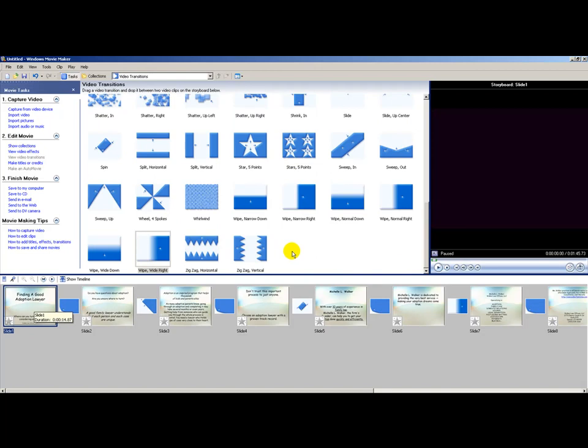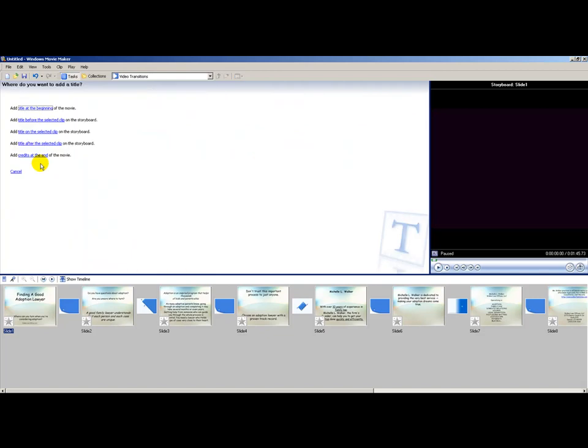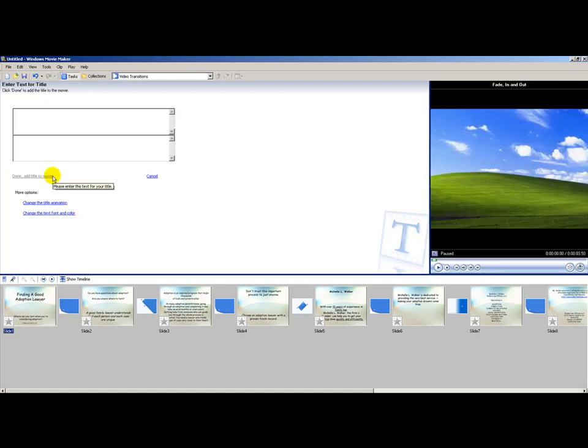Now that I've got my transitions in here, I want to go ahead and take a look at some of the titles or credits. So I click over here, and we want it to be on our slide, so we choose add title on the selected clip. And what I wanted to do here, this is that first slide right here, Finding a Good Lawyer. I want to just add the URL of her website into there. So www.walkerfamilylaw